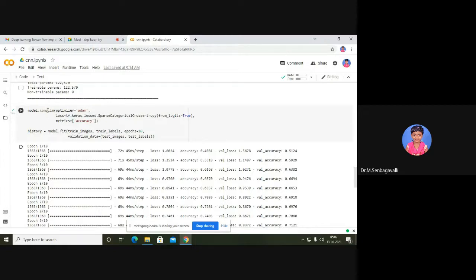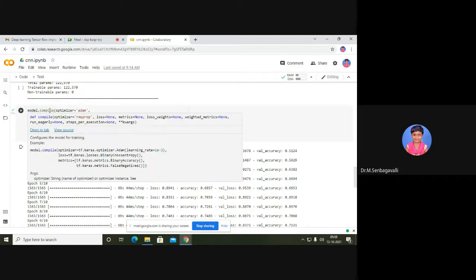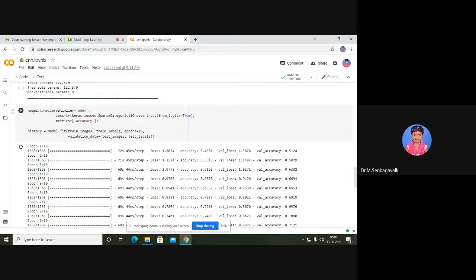And for that we need the support of the function called compile with the help of a model, like we already created with this parameter. With the help of this you can compile, and you can get the history of information. And in that, the very interesting thing is this epochs: 10 number of iterations we have to do for providing the solution, for improving the accuracy of a particular model.